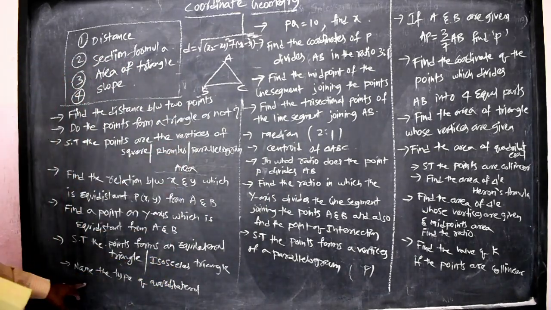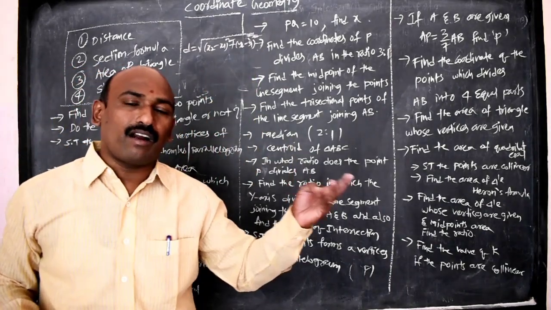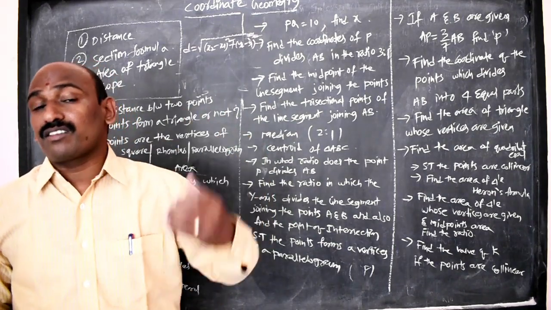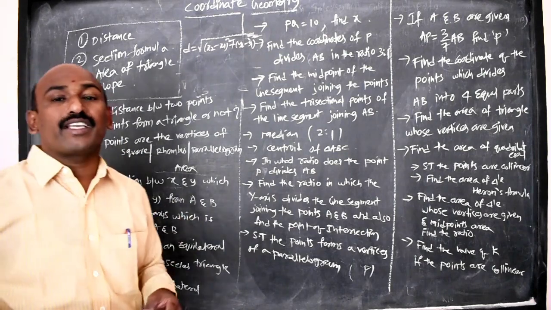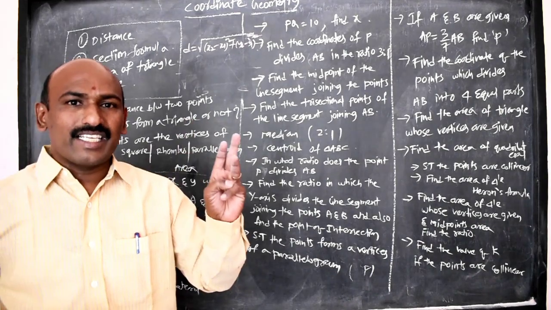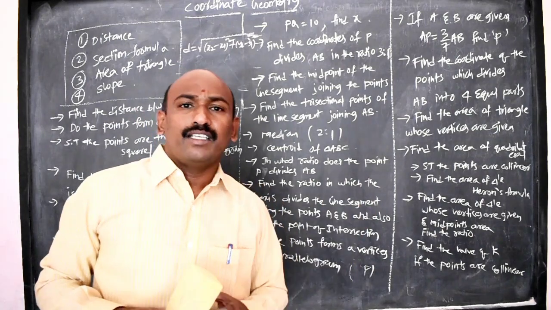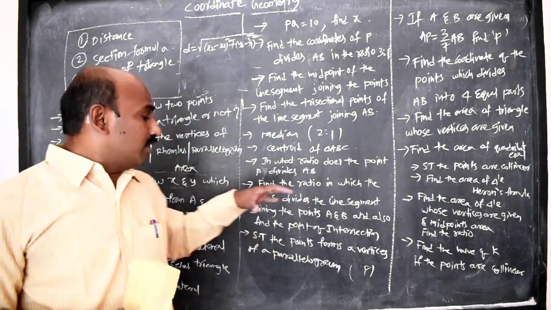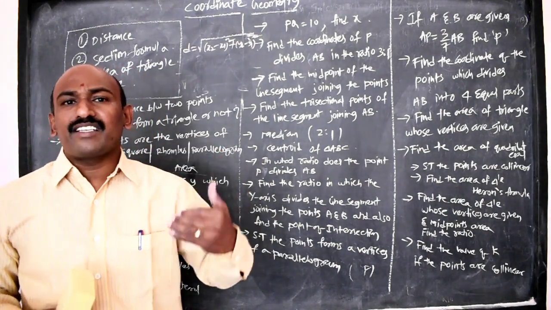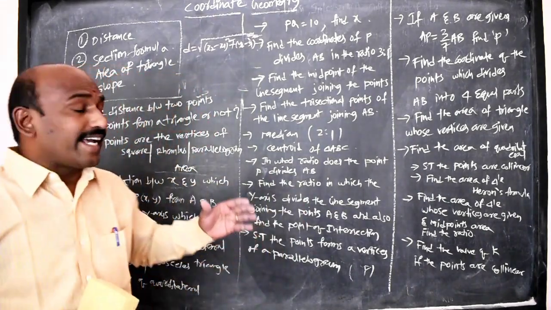If you go with name the type of quadrilateral, we already discussed which type of quadrilateral it forms: square, rhombus, rectangle, or parallelogram, or sometimes they can ask trapezium. Based on those conditions, we can conclude which type of quadrilateral. First of all, sides equal and diagonals equal, it forms a square. All sides equal and diagonals not equal, we can conclude that it forms a rhombus. If opposite sides are equal, diagonals not equal, it forms a parallelogram. If opposite sides are equal, diagonals equal, then it forms a rectangle.